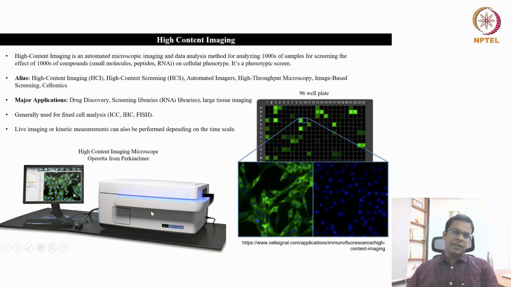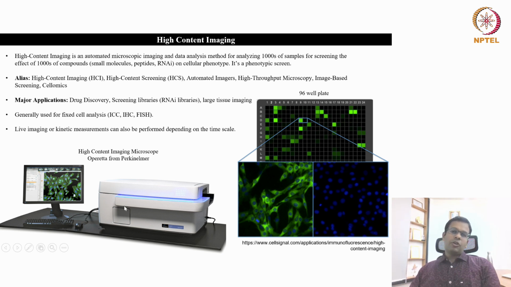It looks slightly different than your typical fluorescent microscope. It looks like a box, but the objective lens, the other microscope optics, and the filters and lasers, everything is gathered in this box.